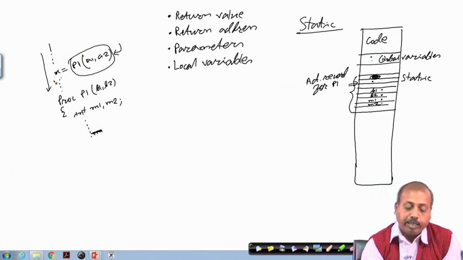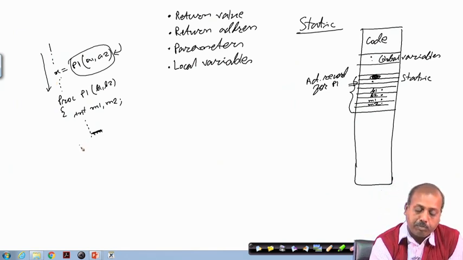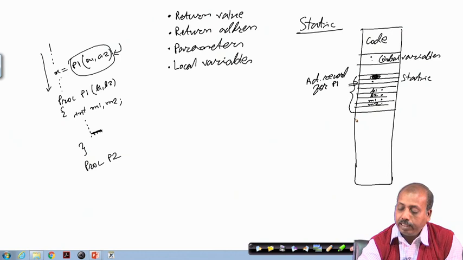Now, for every procedure that you have in your program, there may be another procedure p 2. So, there will be another such frame created in the static area which will correspond to p 2.